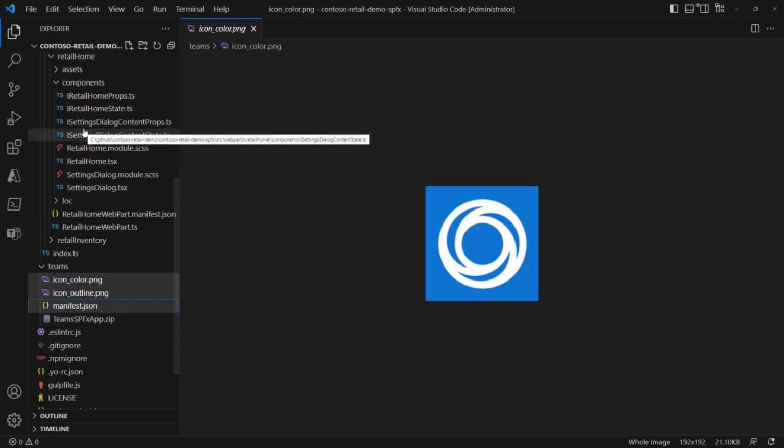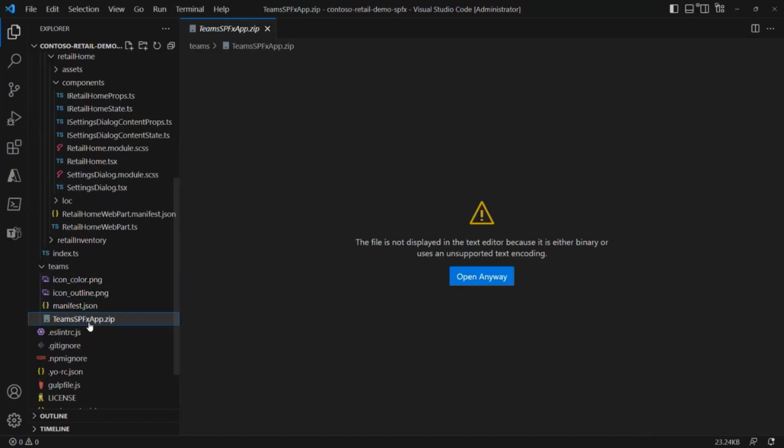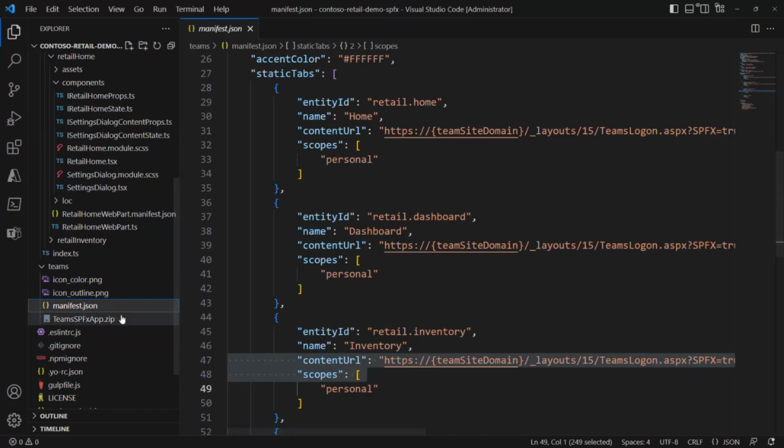And when you do the bundle and package of your SharePoint Framework solution, and then upload it into the app catalog, the server-side infrastructure of SharePoint Framework will be able to understand that there is a custom zip file with a custom manifest and will use it to do the actual provisioning of the Teams application inside the Teams catalog of apps to make your application available in Teams and also